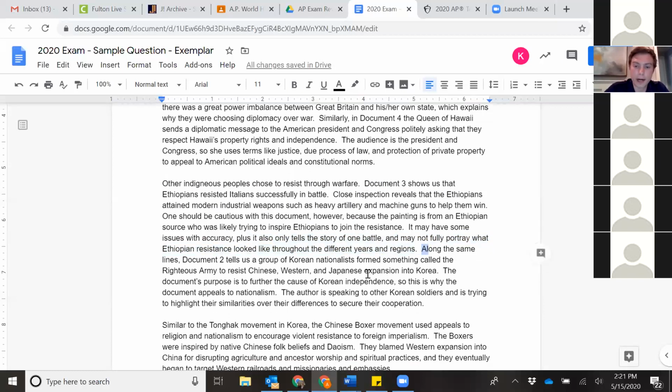All right, and then I tried to link it to document 2. Along the same lines, document 2 tells us that a group of Korean nationalists formed something called the Righteous Army to resist imperialism in Korea. That's pretty much all I say for document